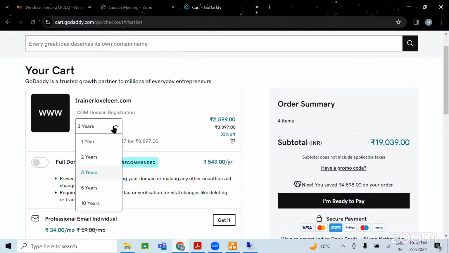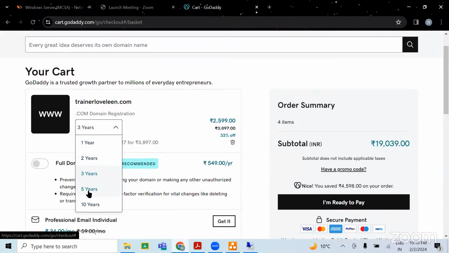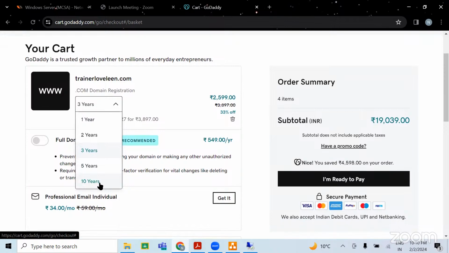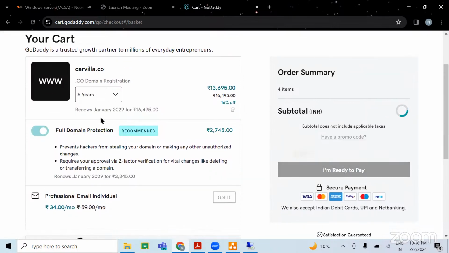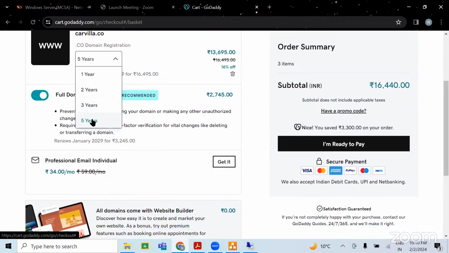For 3 years, up to 10 years, it is providing me options. In the same way, you can check the availability of a website and choose the time period. For this one, it is available for 5 years only.